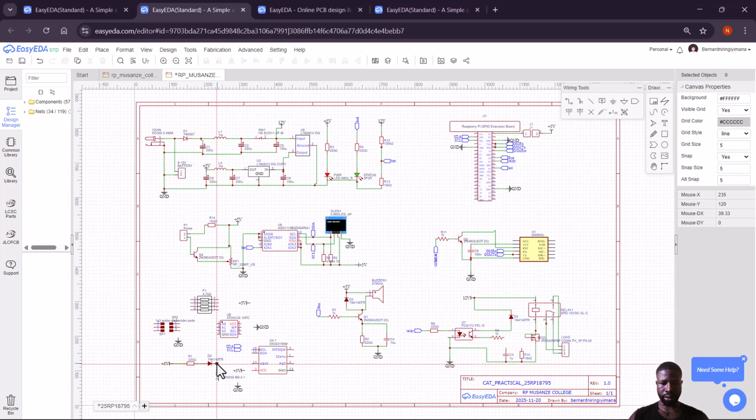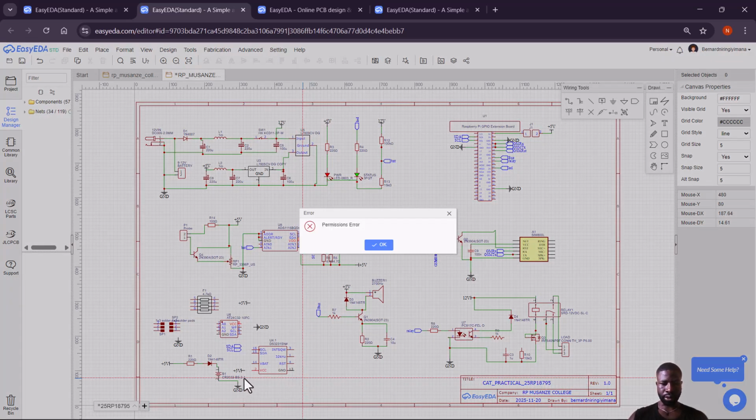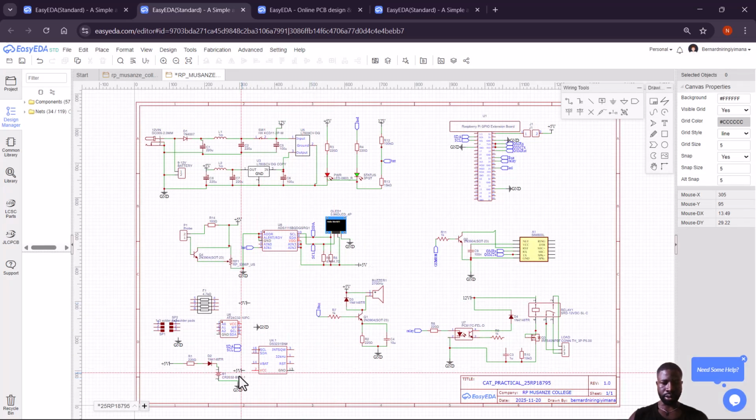Connect this diode to this BC and connect this base to ground. To connect to this ground, connect